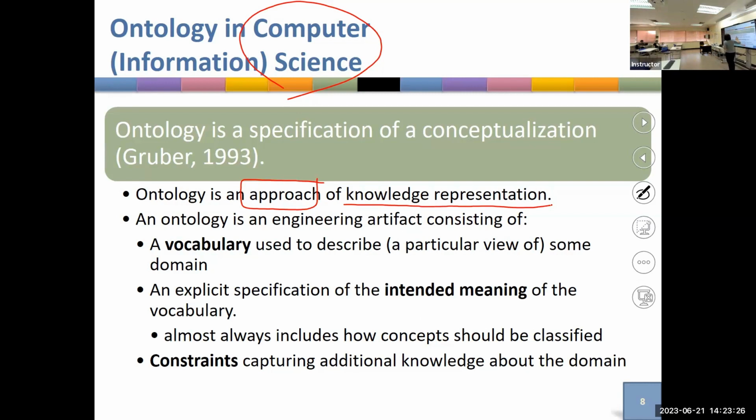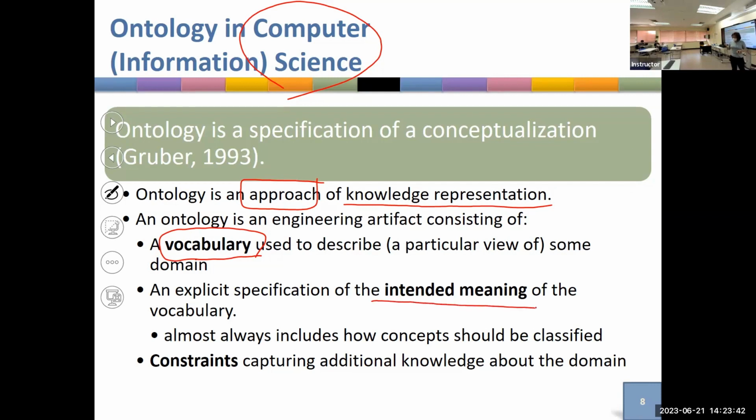Ontology is an engineering artifact consisting of a vocabulary. This is what we already discussed, right? A vocabulary for describing a certain domain, and it has semantics. When you are defining vocabularies, you need to define the semantics, the meaning of those vocabularies. The way to define the meanings is through what we have learned so far, but we learn more. That is through